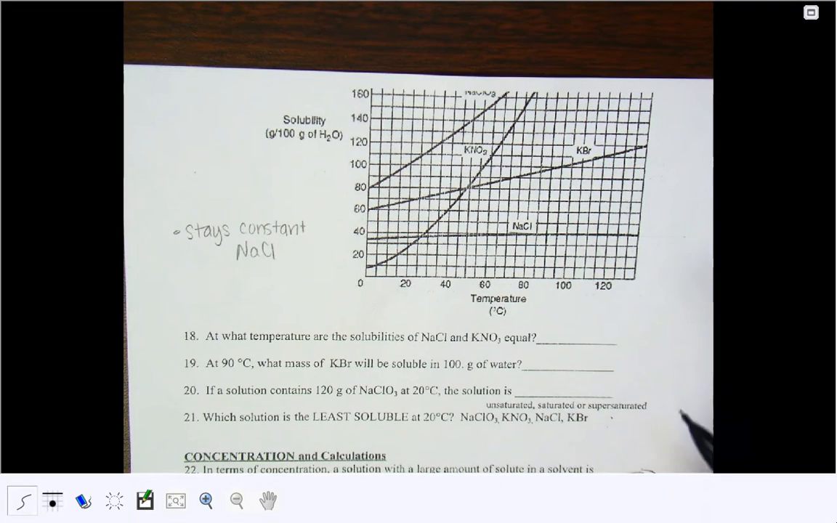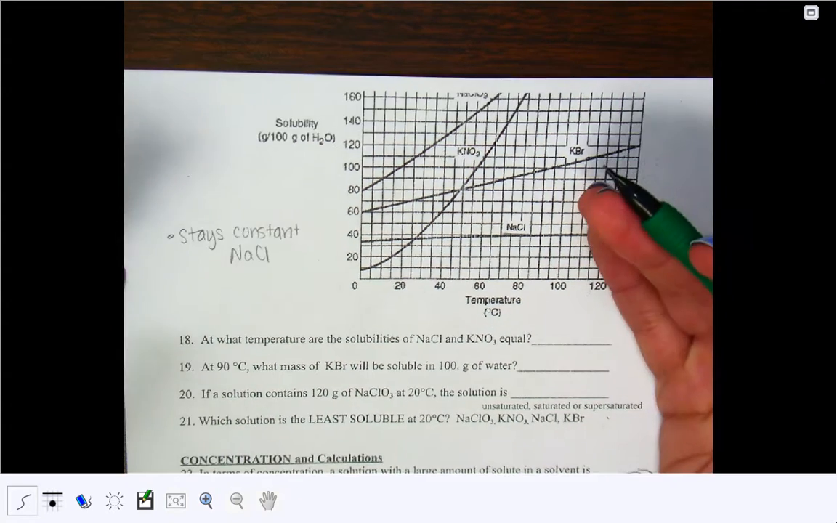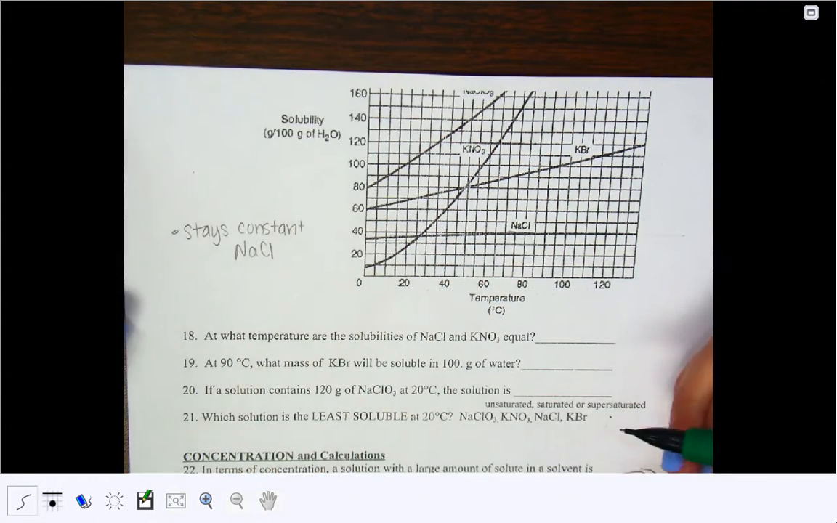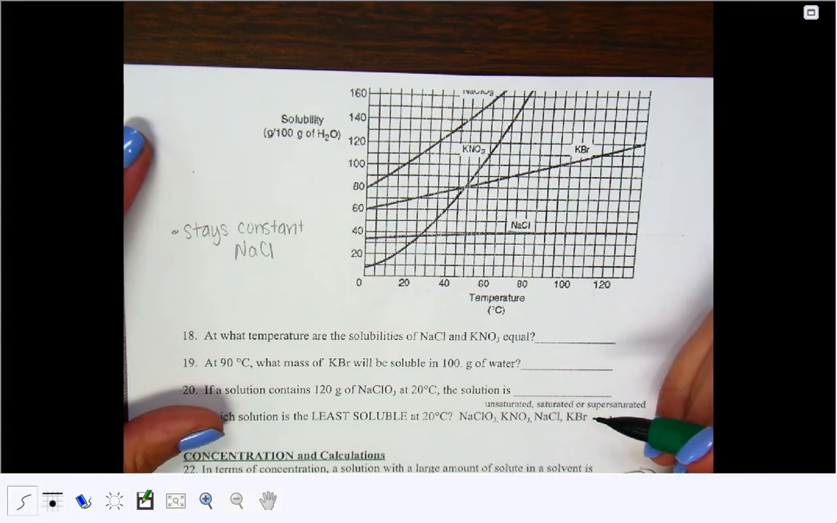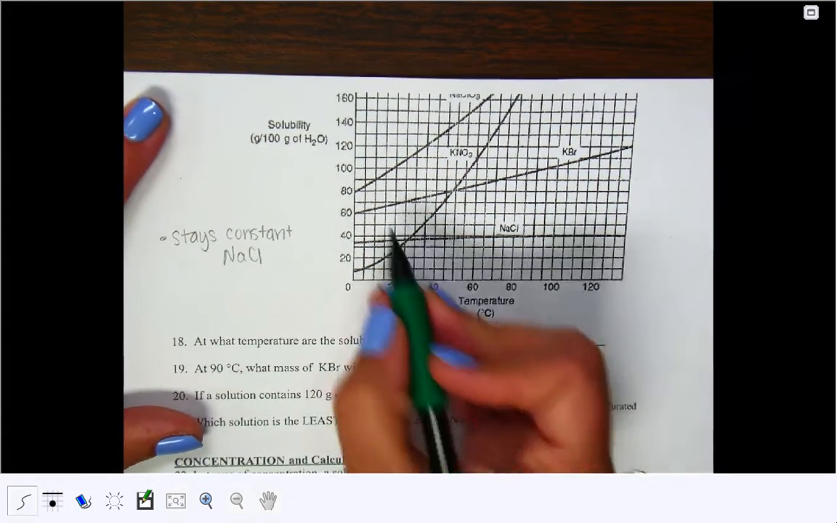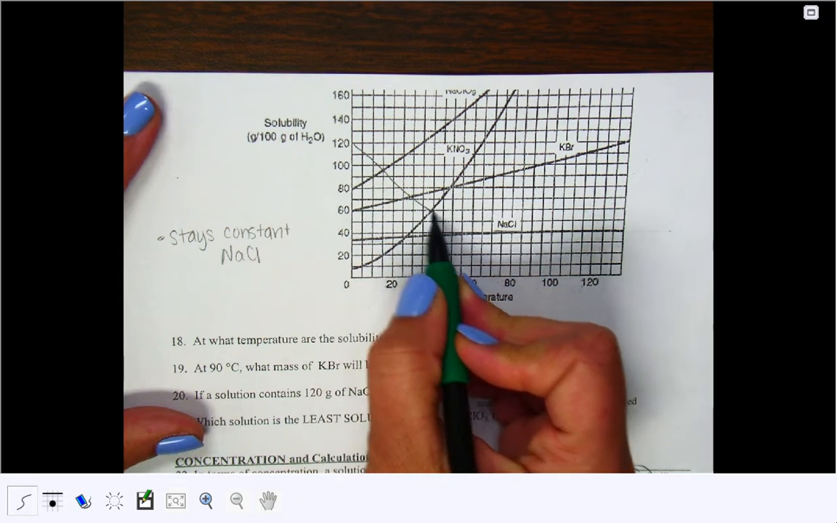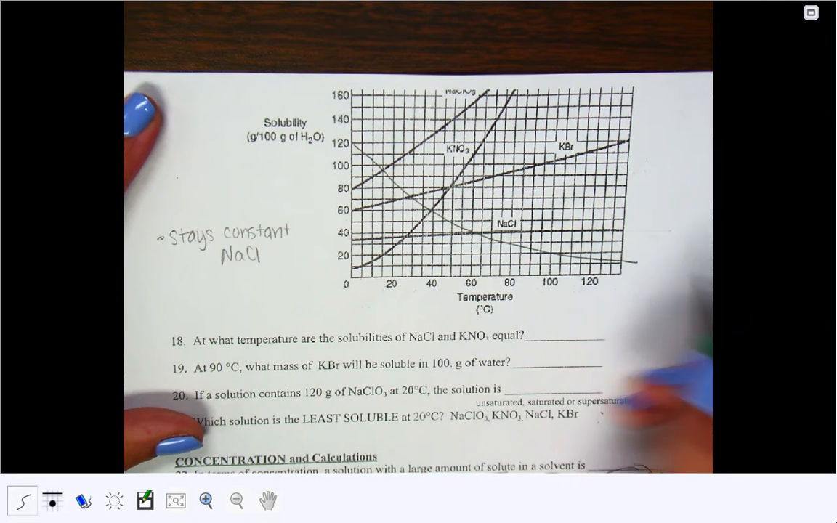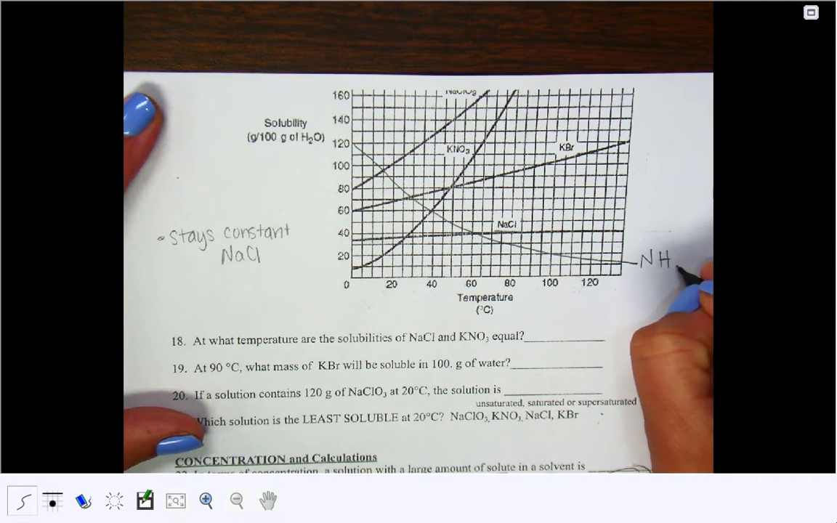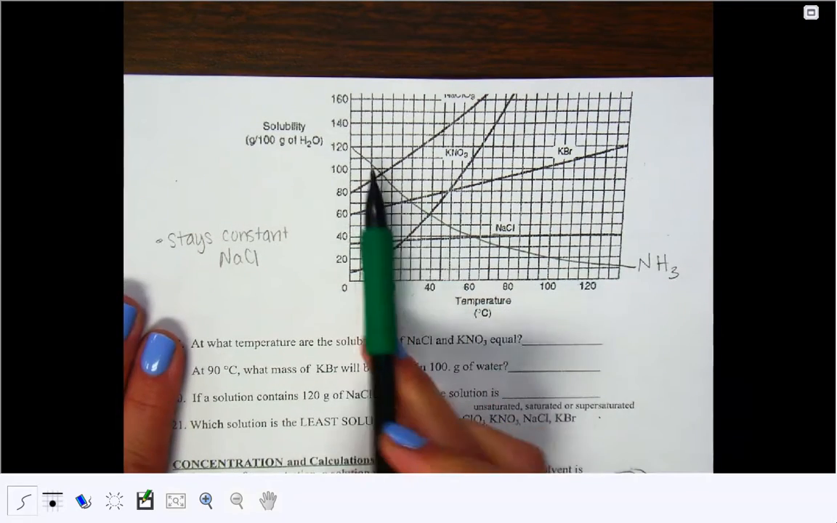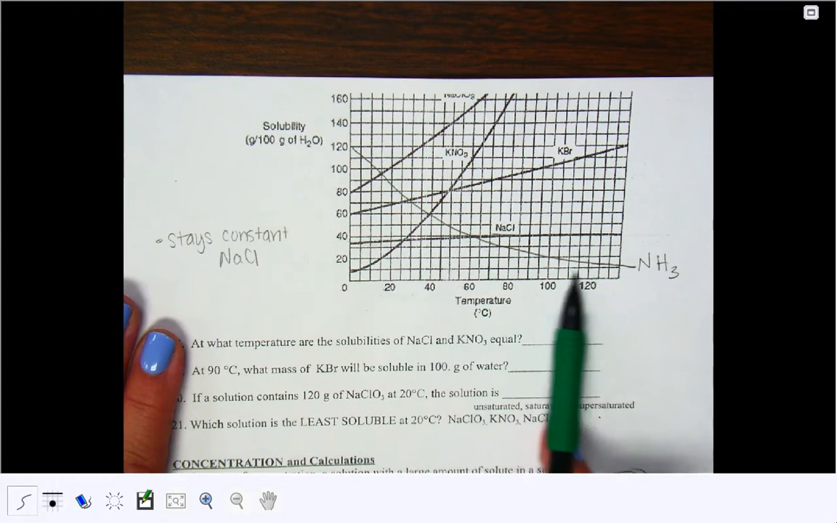Okay, the other one that isn't on here, but I'd like us to draw it in there so you have it to study a little bit later. If we had a solubility curve that looked like this, okay, we'll go ahead and label that as NH3. So if I had one that was decreasing,